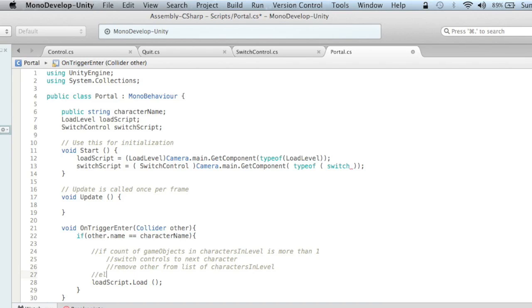Else, meaning if there's not more than one character in the list of characters, then that means that all the characters have reached their portal, and we can go ahead and